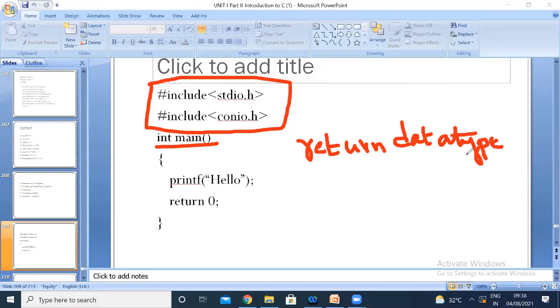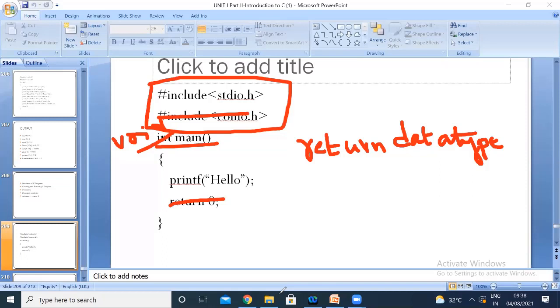But while executing in Turbo C++, the syntax is a little bit different. You can use int main also. Not about int main, ma'am, like clear screen, getch. Why are you writing all this? If you don't write getch or clrscr, your program will still be executed. No need of conio.h also. Simply I can write hash include stdio.h, int main, print hello and return 0. And if instead of int main I write void main, no need of writing return 0 also.